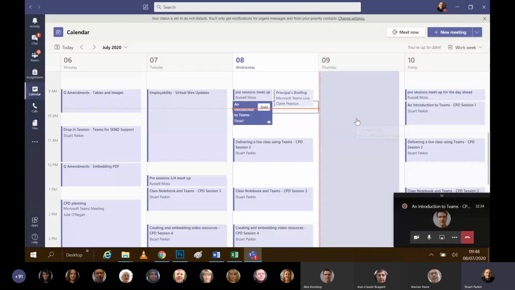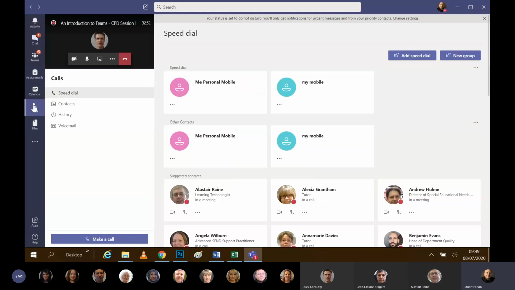Okay, so we'll go more into setting up meetings in session 2 anyway, because we're looking at setting up the live class and how we do the recordings, everything like that. So I'll move on from there at the moment, but that is just a brief look at what the calendar looks like. Our calls section is,